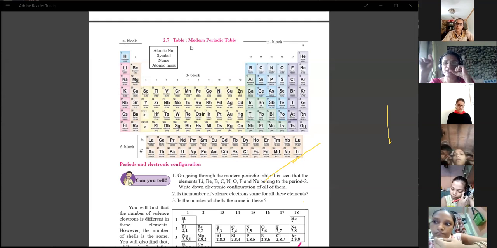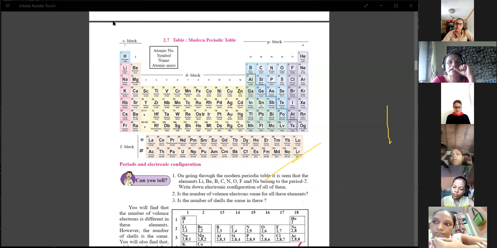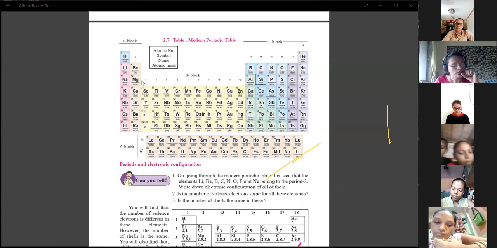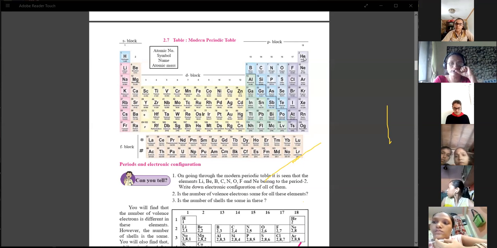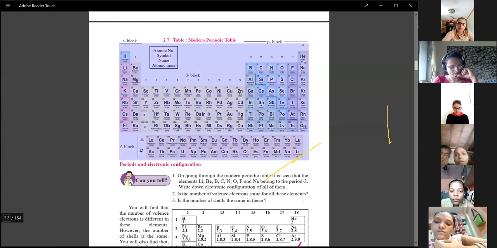For example, Na+. Then Mg2+, because they give 2 electrons to the other non-metals. That way they show electropositivity of an element. On the other hand, an atom of a non-metal has a tendency to form an anion by accepting electrons from outside into its valence shell. We have already seen that ions have the stable electronic configuration of a noble gas. When you look at the noble gases in the 18th group, they all are noble gases.